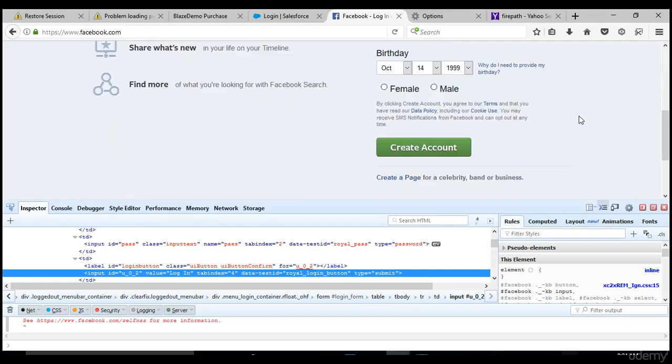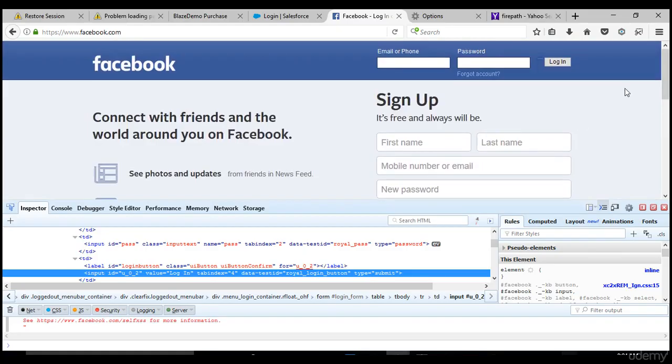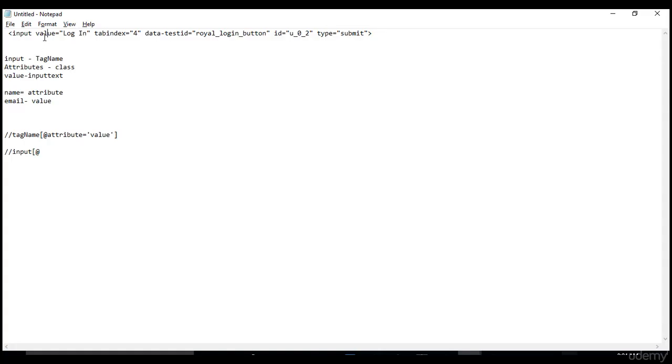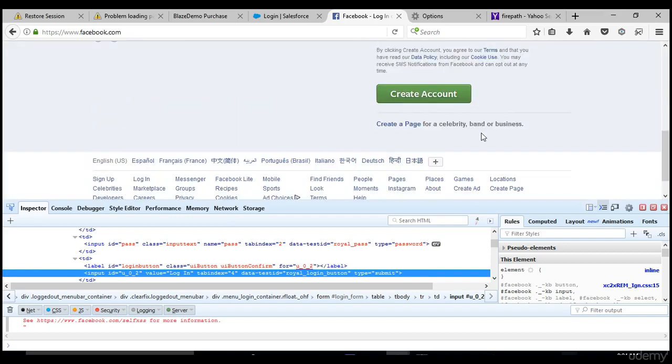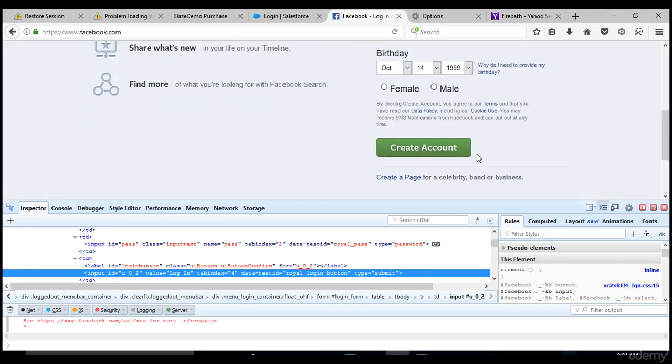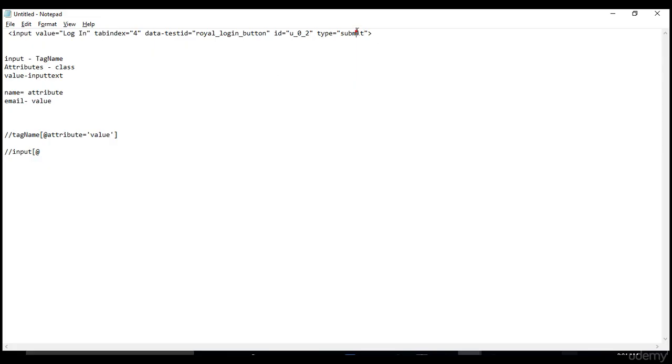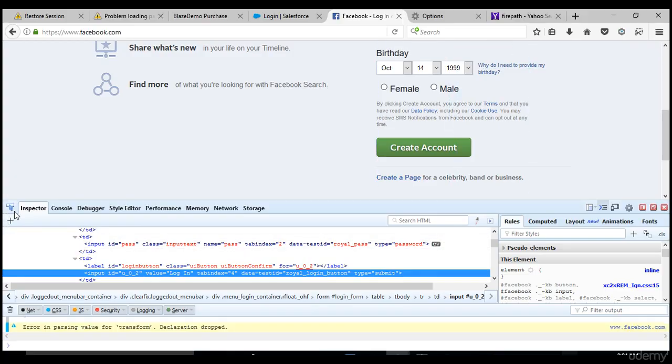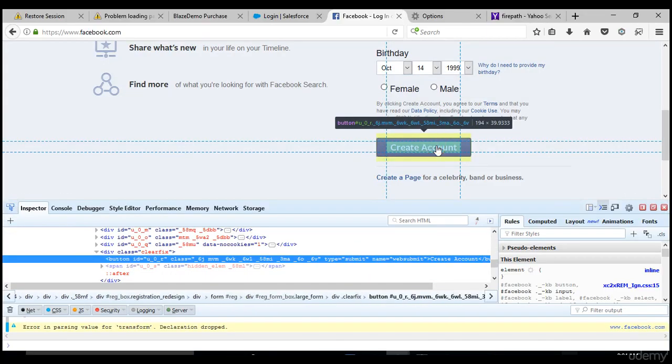You will not see any login here. Let's try to give this value attribute here, or you can also give type equals submit. But I guess create account also has the same type attribute called submit. Let's see.